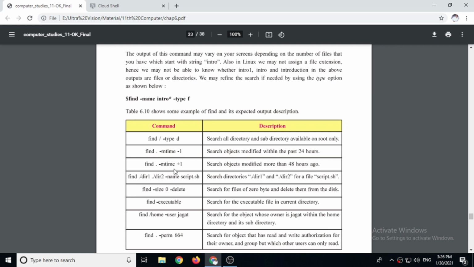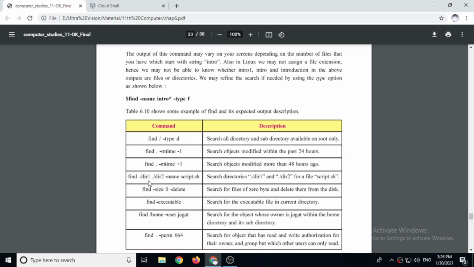Same way, if you use plus 1, then it will find files modified more than 48 hours ago. So the files which were modified before 48 hours ago, it will show you.